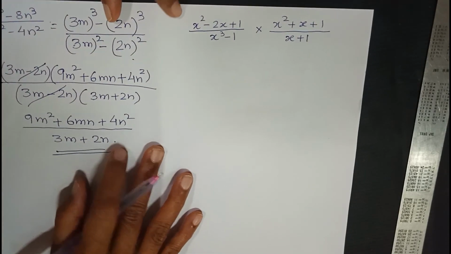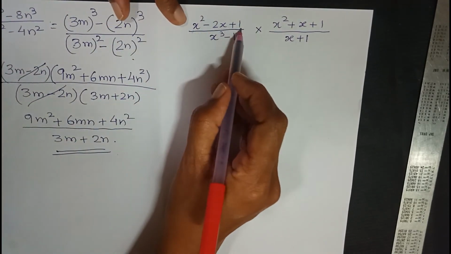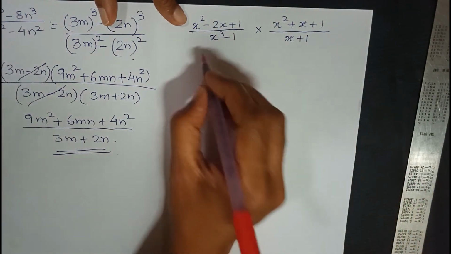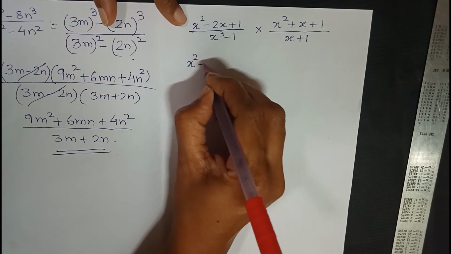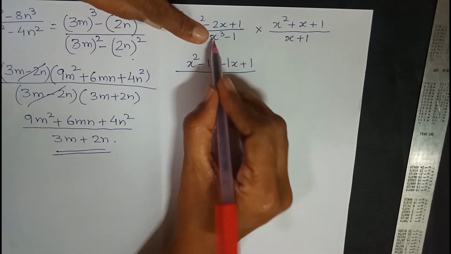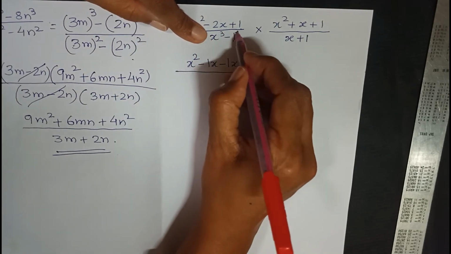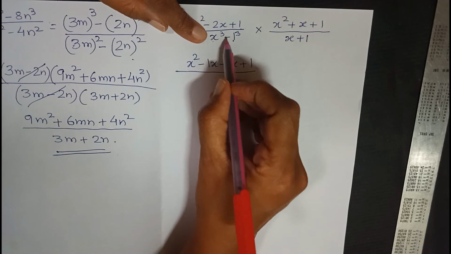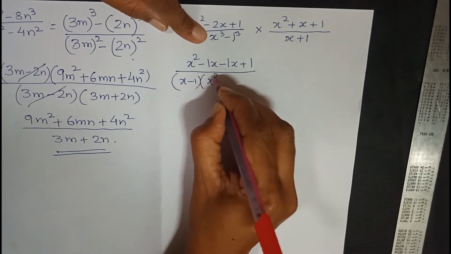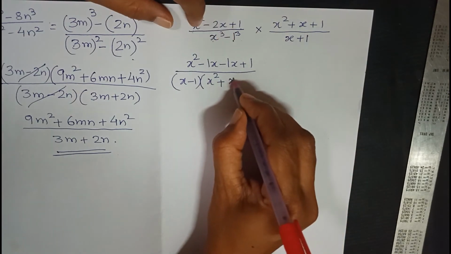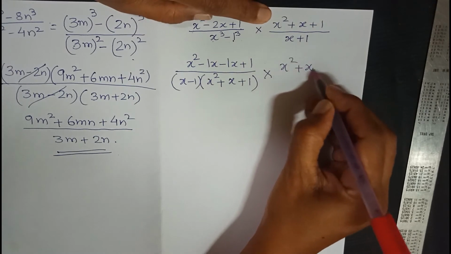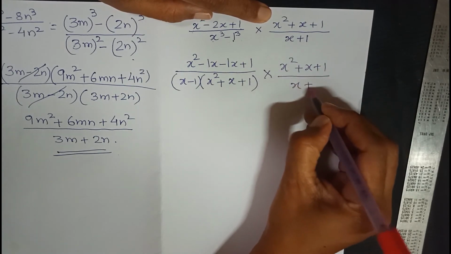Now let's go to the next one. Now here again we want product 1 and addition 2. So it will be minus 1 minus 1. Minus 1 into minus 1 is 1 and addition is 2. So we write it that way. Now this is in the form a cube minus b cube. 1 is a cube of itself. So it is now in the form a cube minus b cube. So a minus b, then a square plus ab. X into 1 is x plus b square, 1. We leave this as it is, and the denominator also as it is.